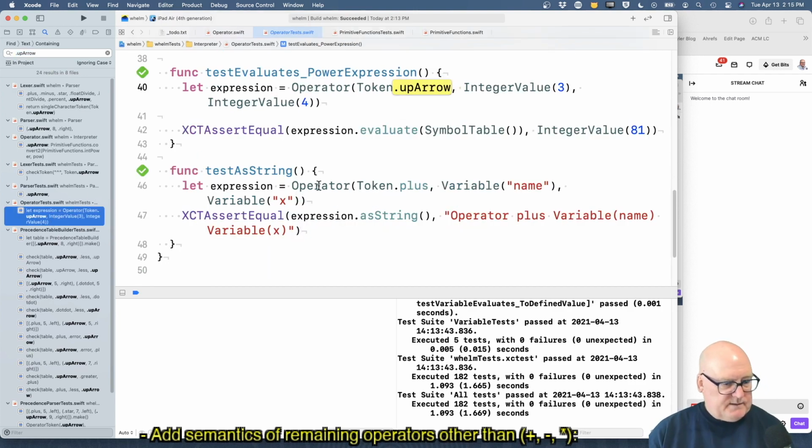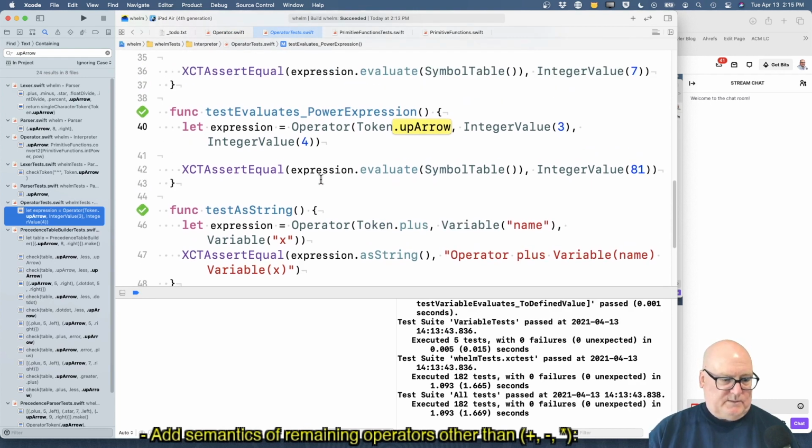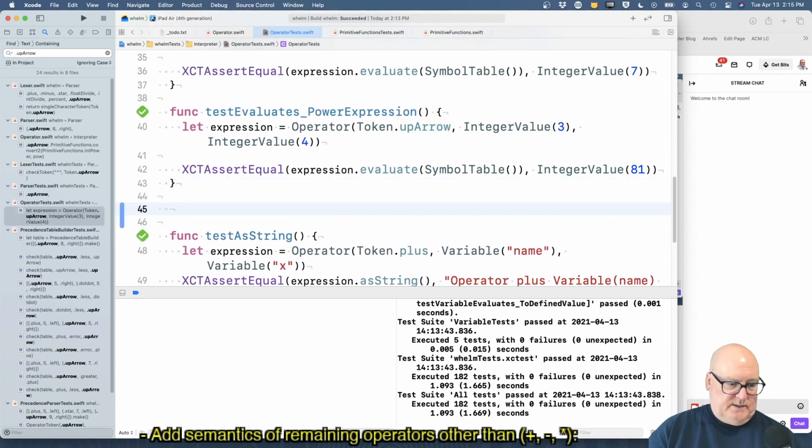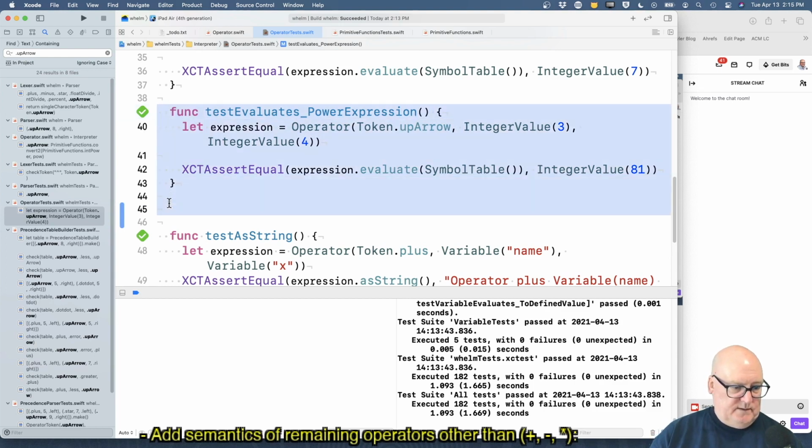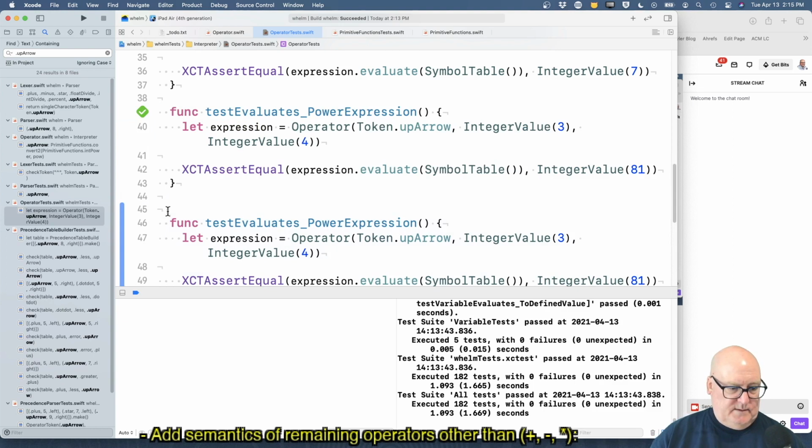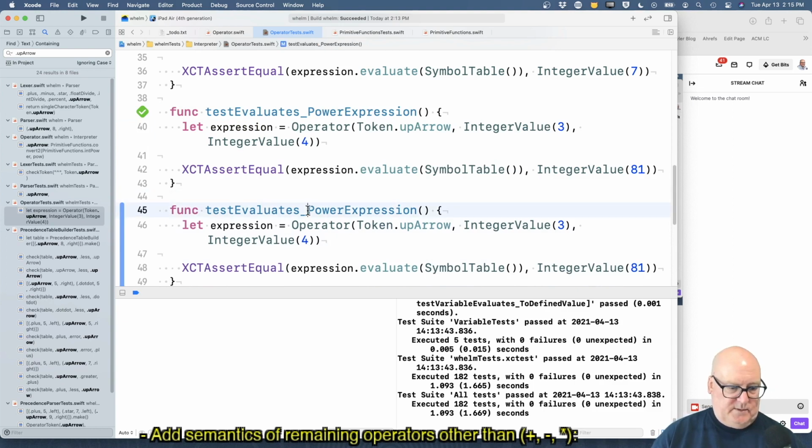Operator tests, I think, yeah. Evaluates power expression. Okay, so let's do the similar test. Let's do a float. Okay, evaluates,